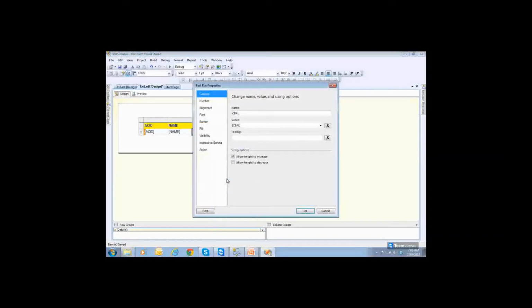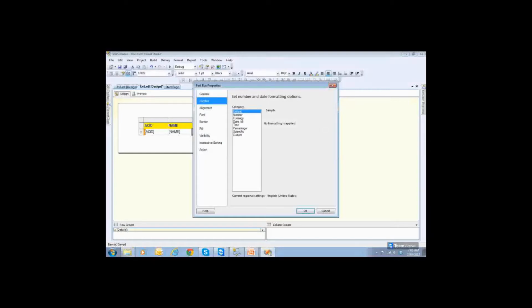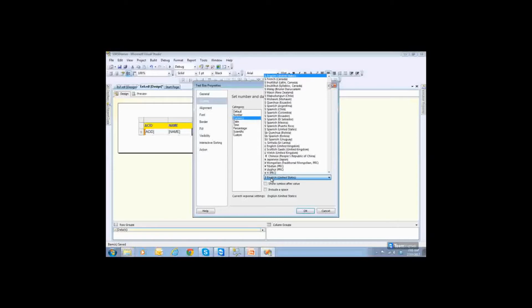Yes. What are we giving here? We are planning to give a currency symbol, rupees, dollars, all of that. So you have to click on number and choose a currency. We have English United States. This is the default currency. Then we have many other currencies also, rupee, dollar, Singapore, euro, dinar, Spanish. There are plenty, rupees also, I think it would be available. So you can take whatever you would like to have there.